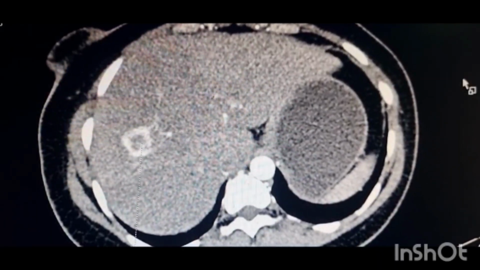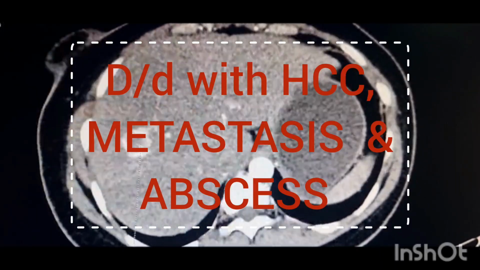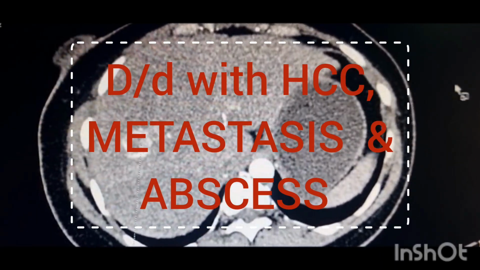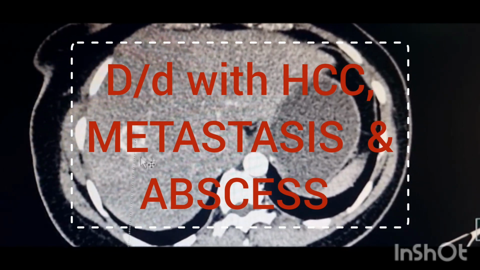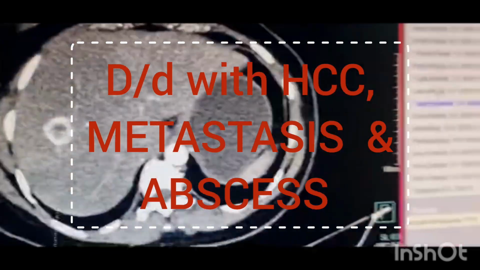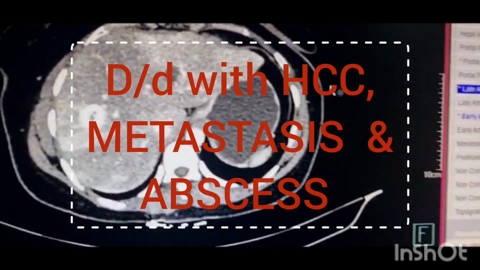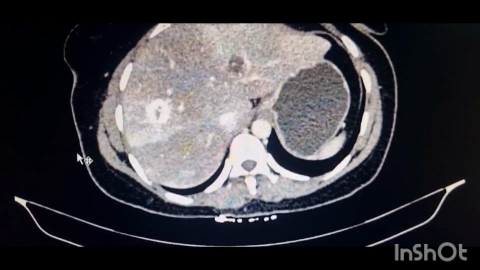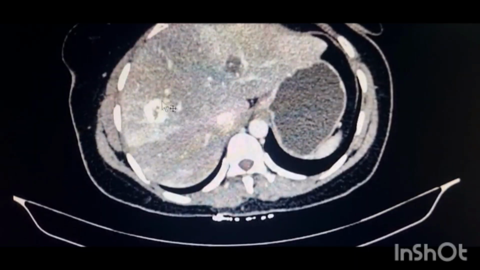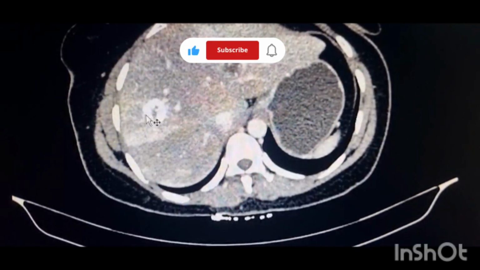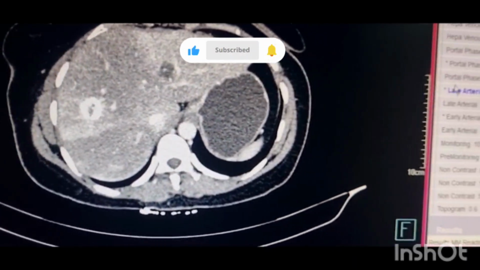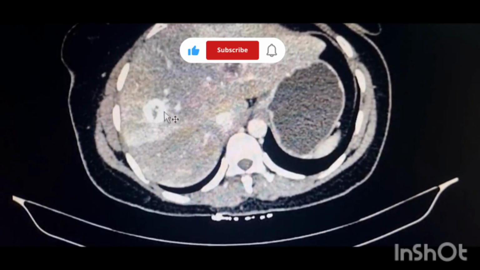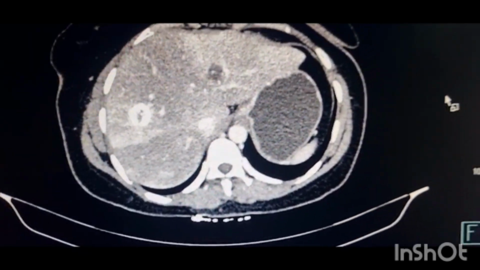If we differentiate it from hepatocellular carcinoma, it shows arterial phase enhancement and early washout. If we compare it with metastasis, it shows enhancement in the rim with no or minimal centripetal filling. While in case of abscess, we see a thick irregular rim in the lesion and other clinical signs present such as